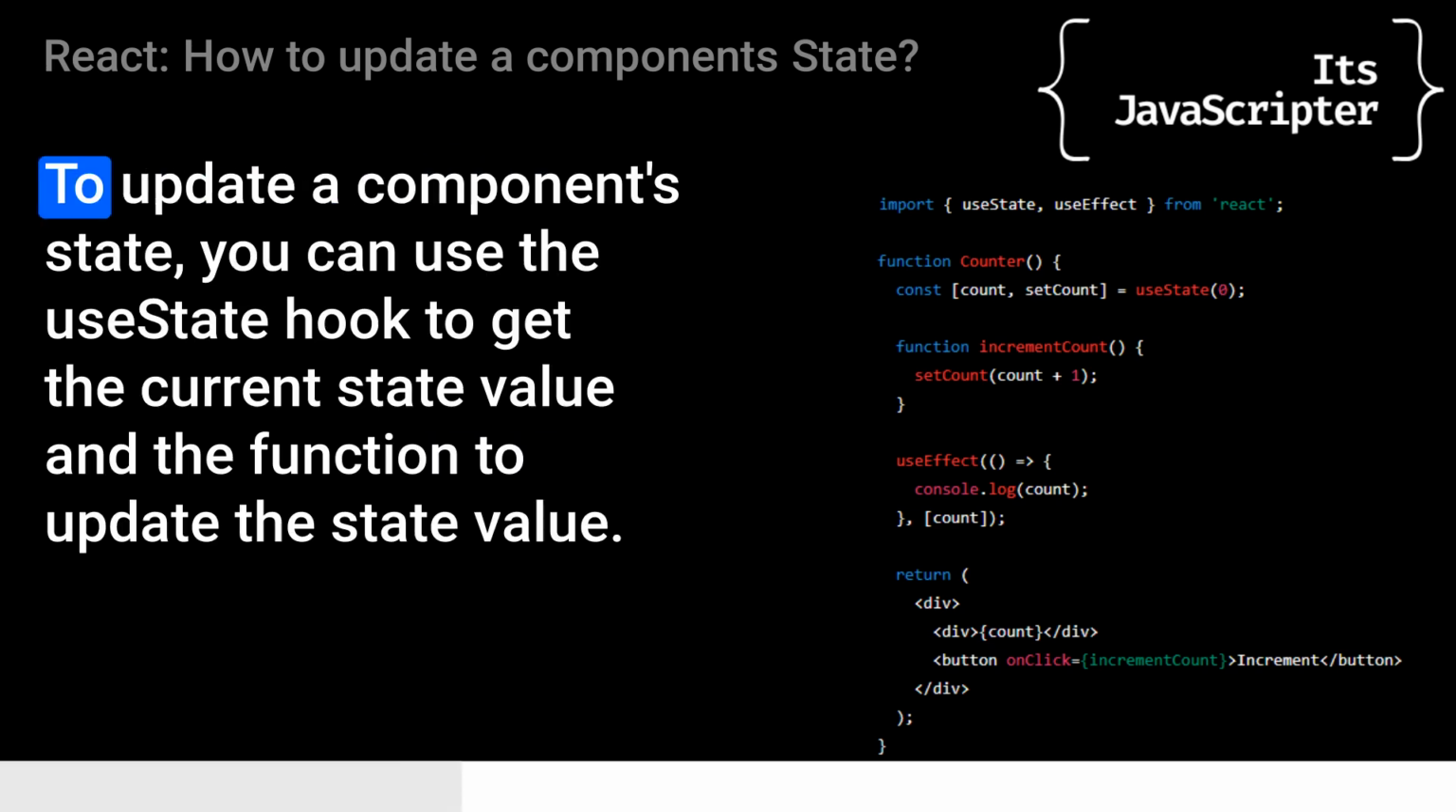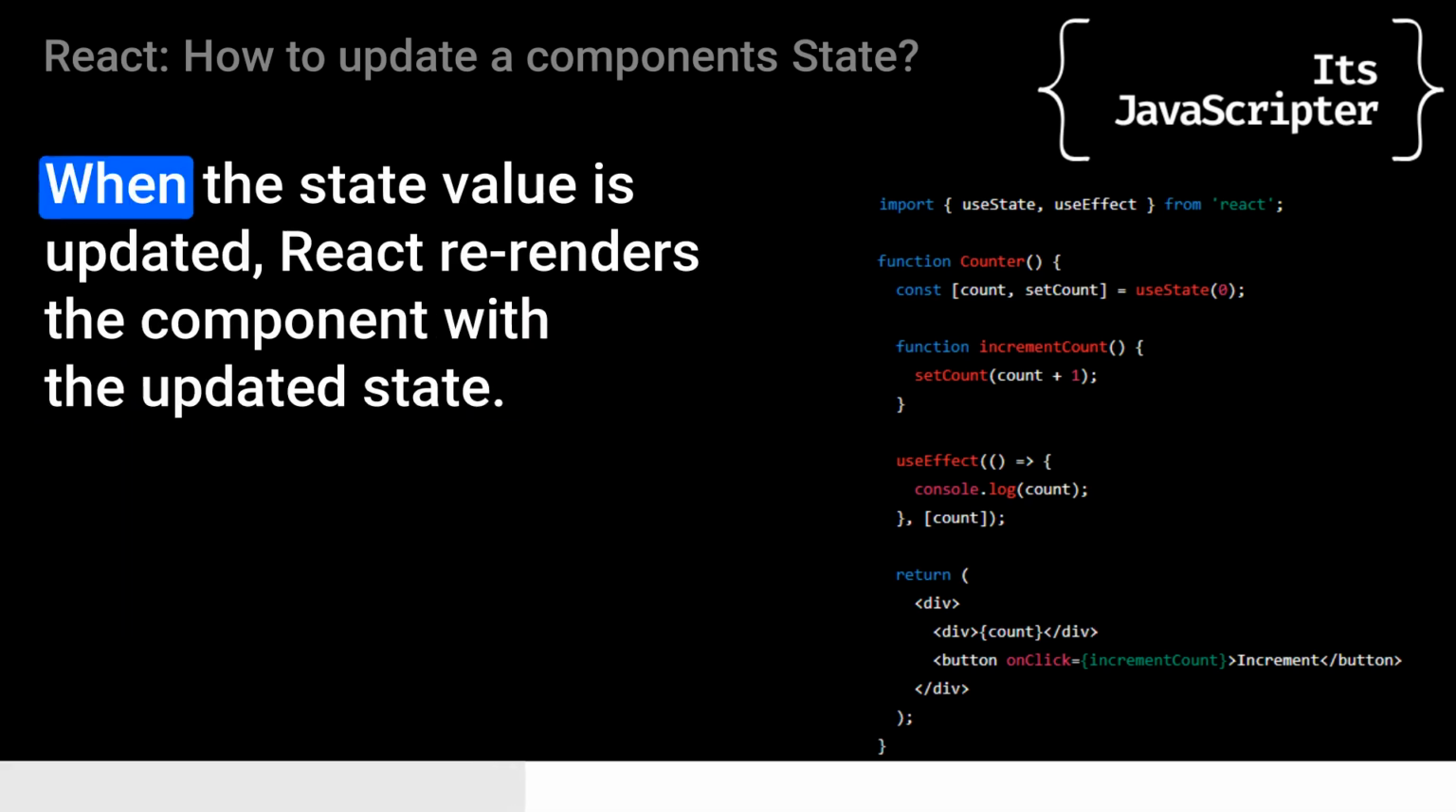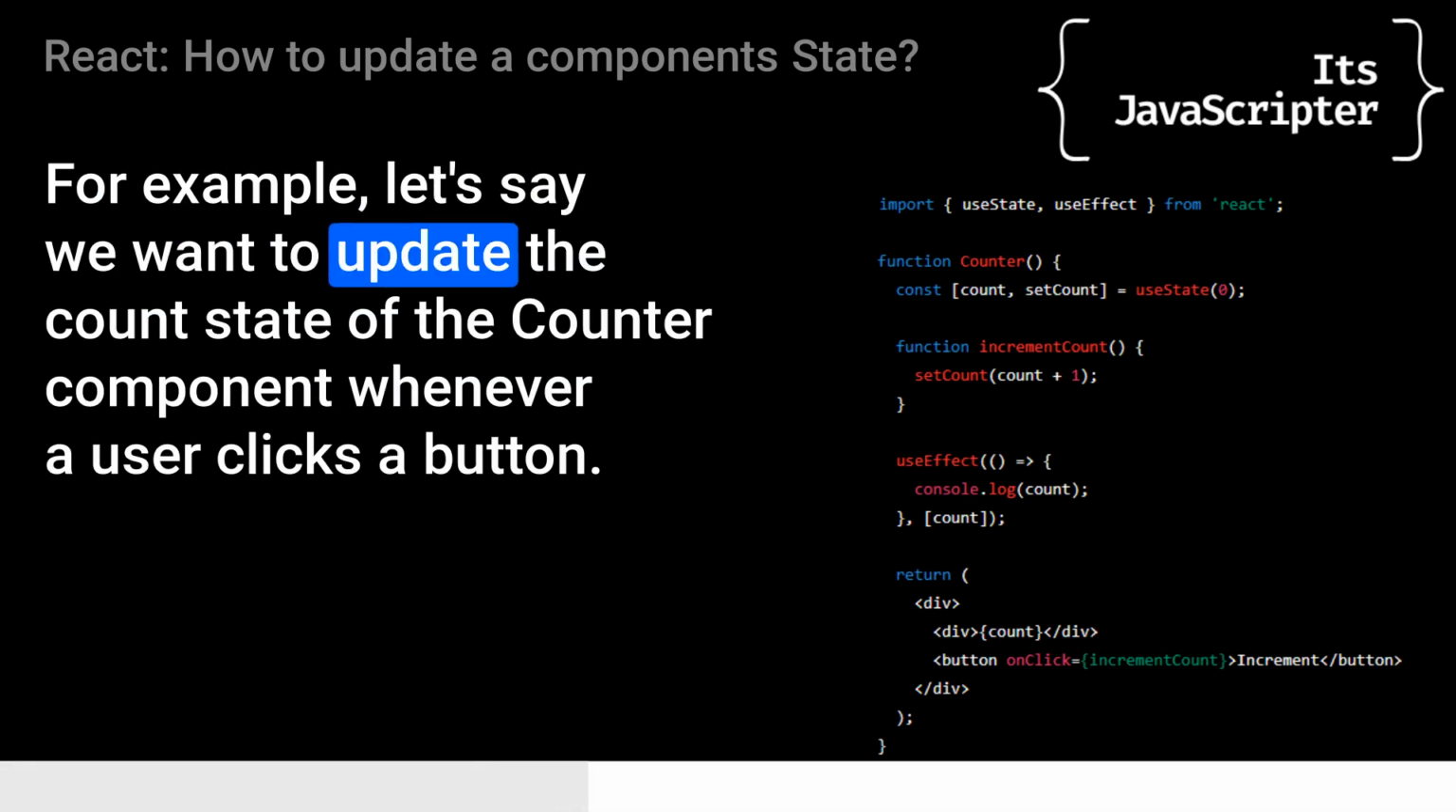Updating state in React. To update a component state, you can use the useState hook to get the current state value and the function to update the state value. When the state value is updated, React re-renders the component with the updated state. For example, let's say we want to update the count state of the counter component whenever a user clicks a